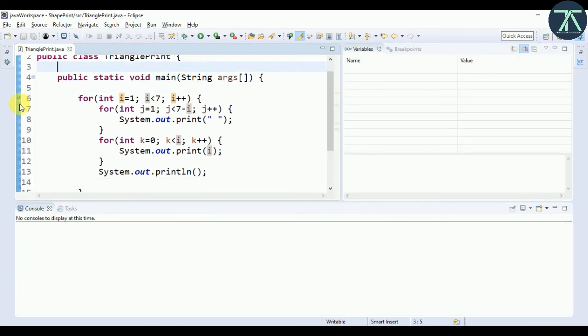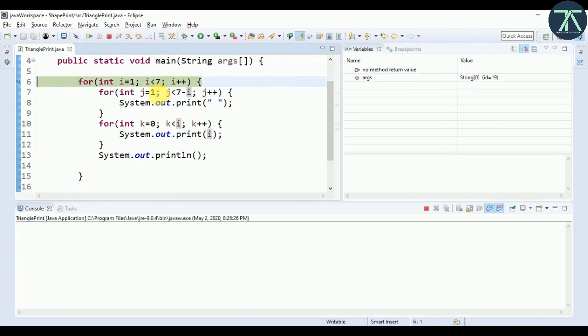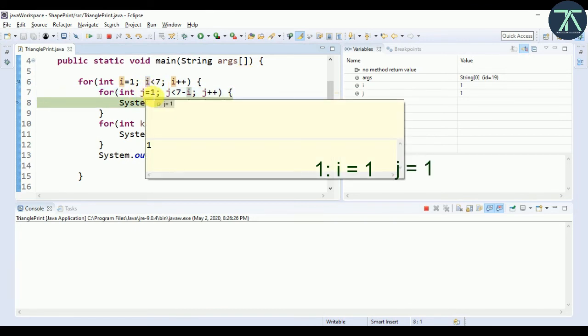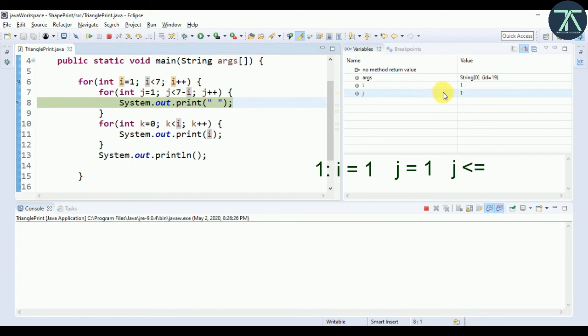Okay, so I added a breakpoint over here and just ran it in debug mode. So our line came here. Now I'll go to the next line, and when I go to the next line, you see the value of i is 1 now. Now if I go again, then j is declared and initialized with value 1. You see the value of j is now 2.